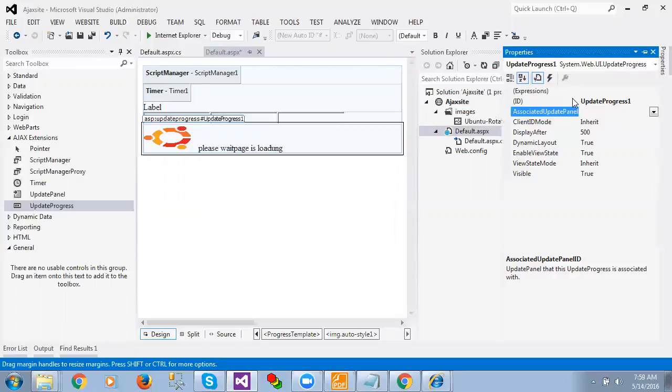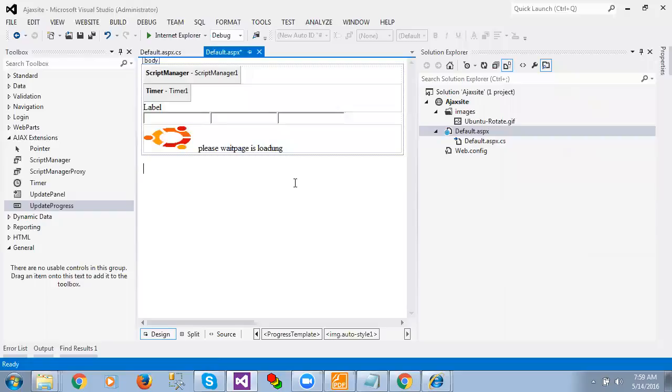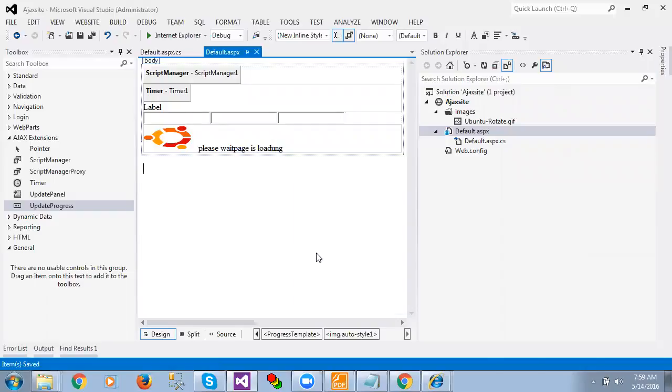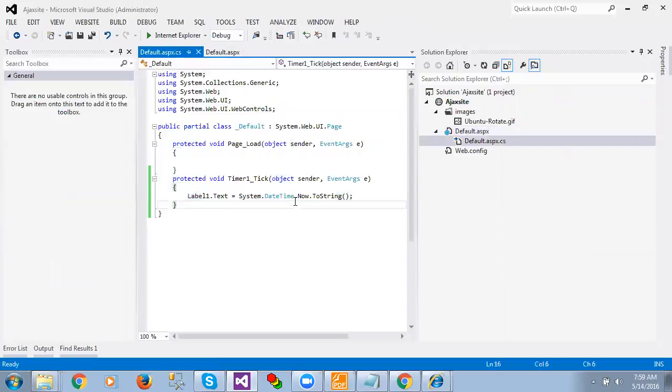For association of which control, we can apply update panel 1. Check whether the process is done or not. Until the process is done, show this control. Once the process has done, it will leave. Now we can wait for some time. For that, we can write here,